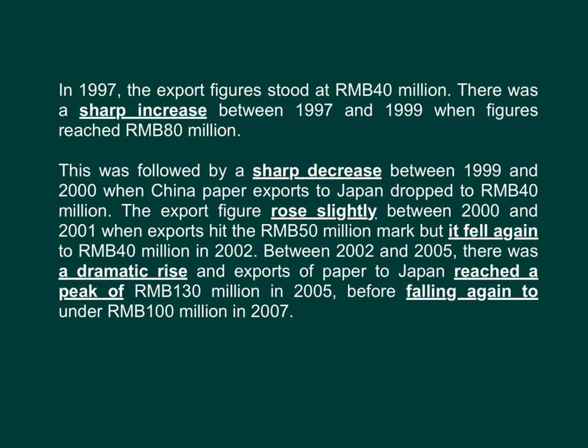The export figure rose slightly between 2000 and 2001, when exports hit the RMB 50 million mark, but it fell again to RMB 40 million in 2002. Between 2002 and 2005, there was a dramatic rise, and exports of paper to Japan reached a peak of RMB